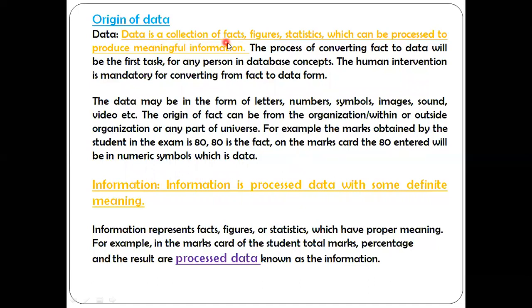Data is the collection of facts, figures or statistics which can be processed. The raw data can be processed to produce what? Meaningful information. Once again, data is a collection of facts, figures or statistics which can be processed to produce meaningful information.